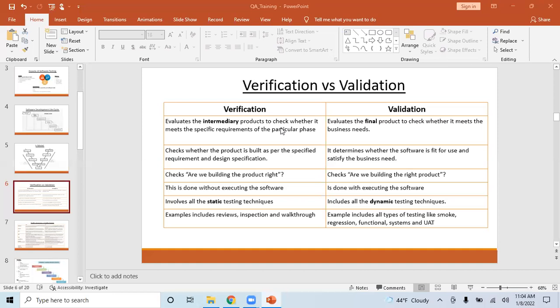For example, if I give a comment to change this code variable from camel case to snake case, the developer will fix it. But a tester need not know this verification comment, because it's not very important from the testing point of view. Testers need to identify whether the application is working correctly.